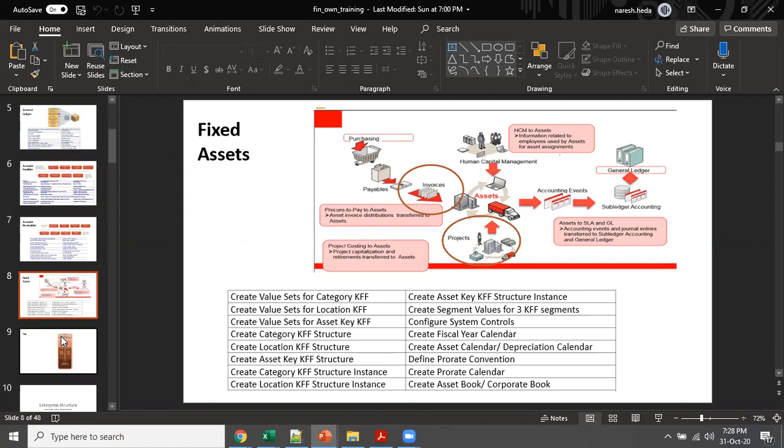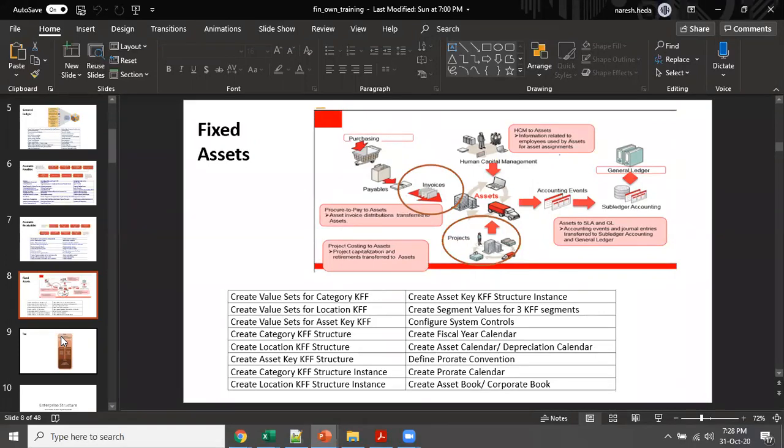So what Oracle has done: assume a client is using SAP for SCM, or to take another example, an MNC using one non-Fusion ERP for their finance and consolidating everything in their Fusion Finance. They will put all the data in FBDI and upload it. So FBDI means you can upload the data from non-Fusion systems into the Fusion system.